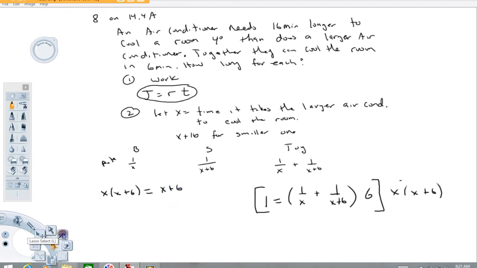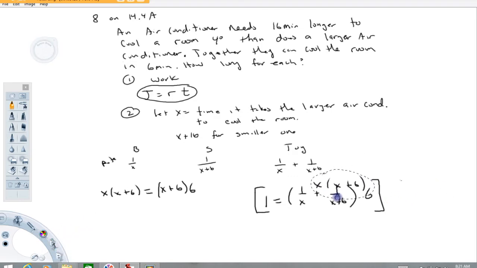And when we take, whoops, and don't forget there's a 6 here that has to hit that as well, so put that there, times 6. And now when we take this times this, the x's will cancel and leave us with an x plus 6. But don't forget there's also that 6 there as well. So that other product is going to be